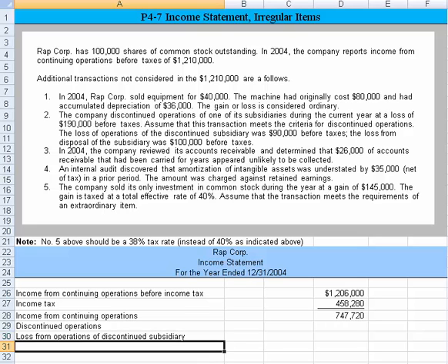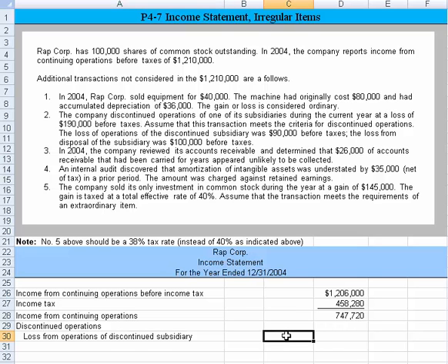And normally with discontinued operations, you have two line items. You have the loss itself and then the loss on the disposal, if you've incurred that during the accounting period you're presenting. So the loss from the operations of the discontinued subsidiary was equal to, I believe it's